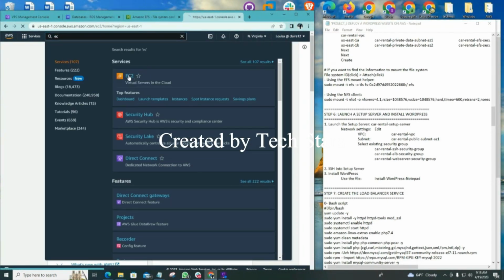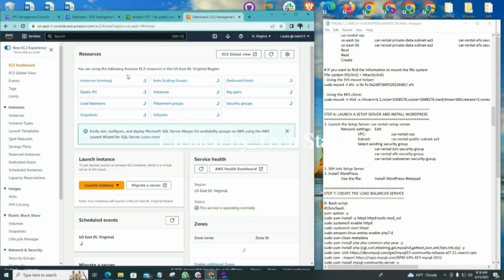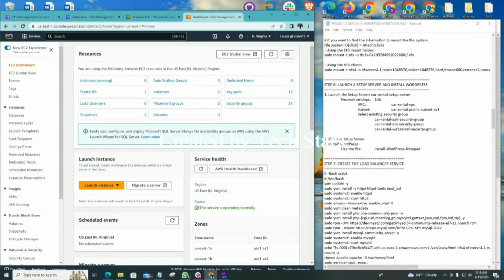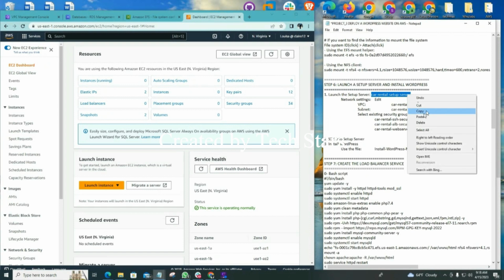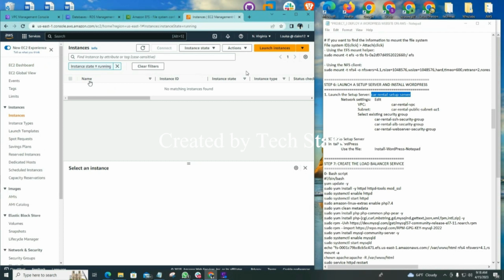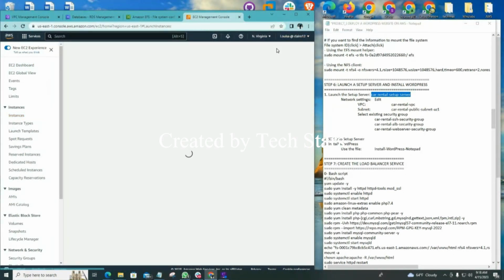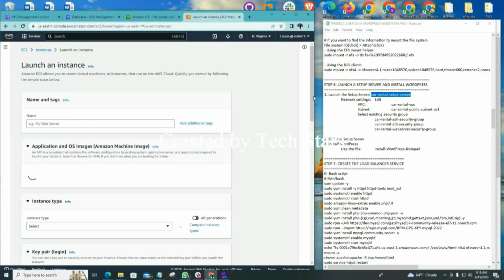So EC2, this is where we are just going to create our instances and anything like that. The first thing we are creating here is a setup server, a server that we use to set up our system, to prepare the environment. So this server, we call it car rental setup server. So copy that, come here, hit the running instance. I don't have any running instance, so I'm going to launch a new one here and